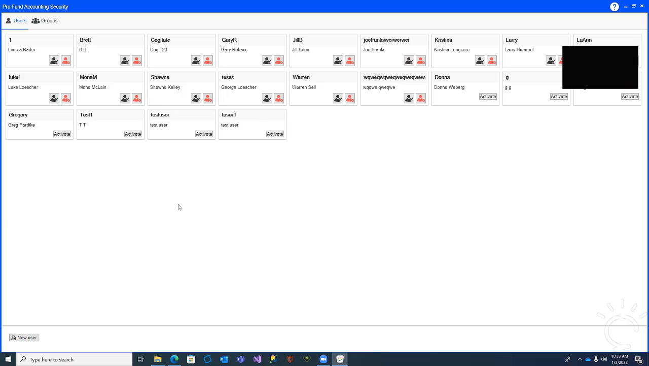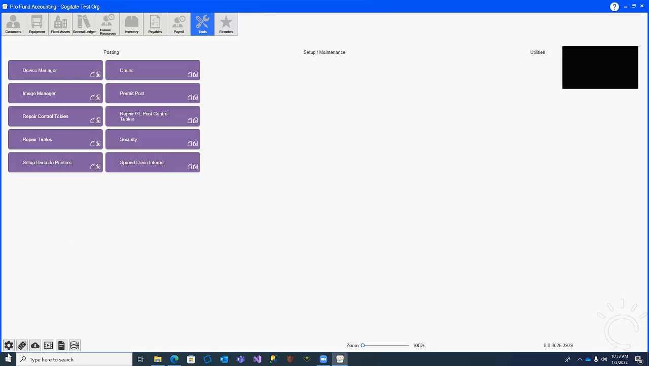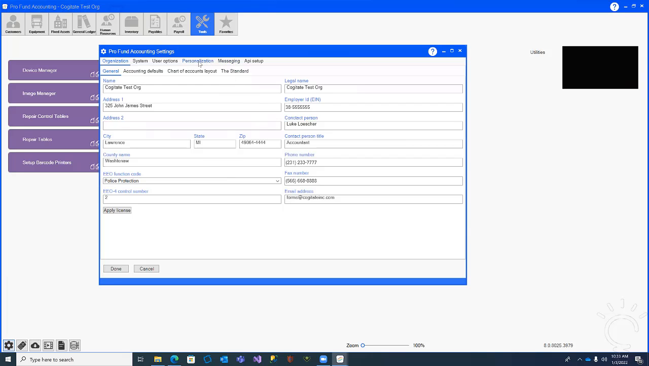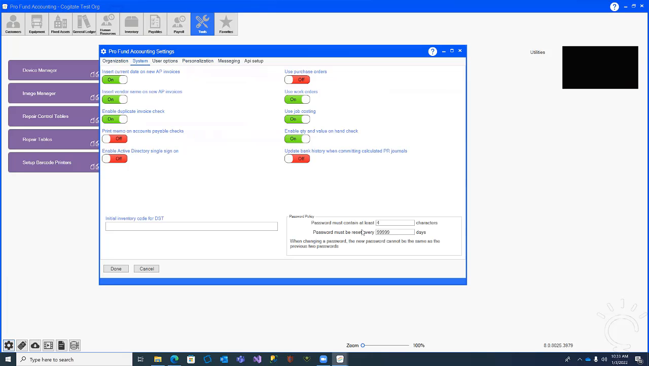Pretty straightforward. And then finally, if you go to your settings, let's look at where the password policy comes into play. If you're an administrator, you can set up the system password policy in the system tab, and you can say how many characters must be put in a password and how many days you want to reset that password. We keep track of the last two passwords, so if they want to change it, they have to pick something new. So if you don't want to, you can change what this is here for the password policy,